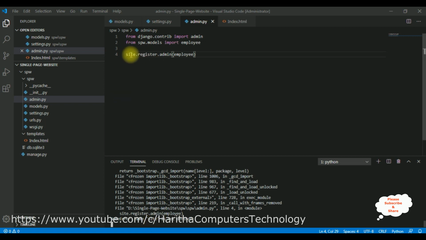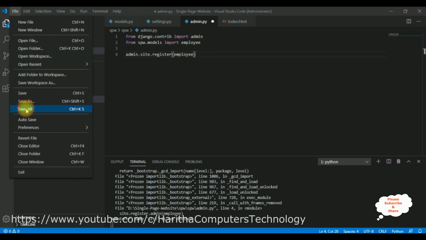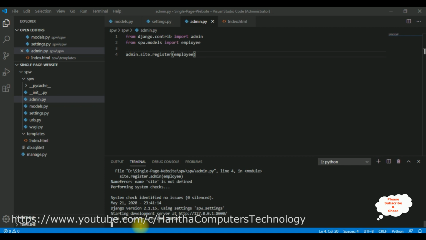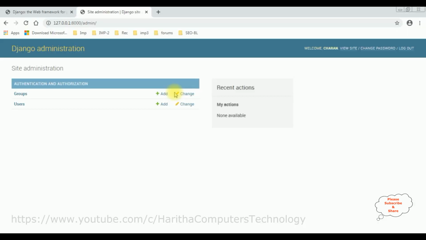Oops, sorry. This is admin.site.register. The command is admin.site.register. I'm adding the Employee. Let's save this file, save all. Now let's run the server. Notice here, when I run the server, we don't have any issues. Now we can switch back to the admin page of our application. When I reload this browser,